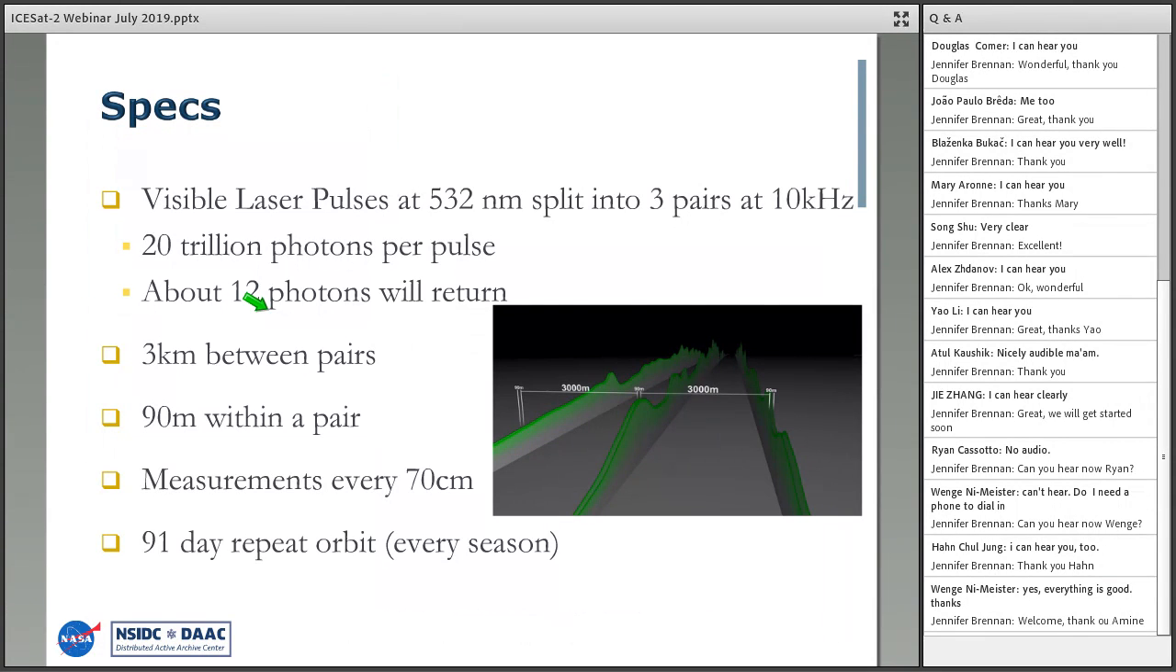Some stats on the instrument itself. There are 6 lasers, as I had mentioned, and here's a notional picture of the spread of those. They're about 3 kilometers between each pair, so the orbit yields a cross-track distance of about 6 kilometers. The pairs themselves are about 90 meters apart. This allows the system to provide much better across-track vertical slope measurements, and that's a key component of what they were trying to get out of ICESat-2. It's especially important for looking at freeboard of sea ice, freeboard meaning the height above the water of the